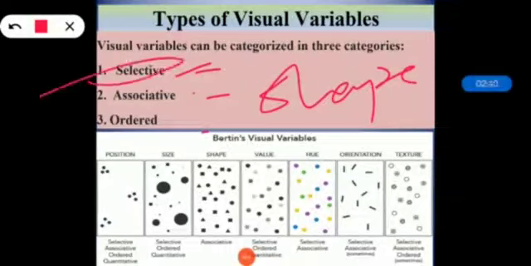Then conversely, the visual variable is called associative if it allows to perceptually group all the categories of symbols that are based on the particular visual characteristics. Only the visual variables size and color value are said to have these perceptual characteristics. The visual variable is defined as ordered if it is possible to perceptually rank the symbols that are based on one particular characteristic. So the approach includes bottom-up visual saliency methods.